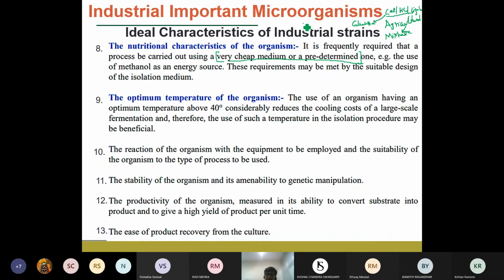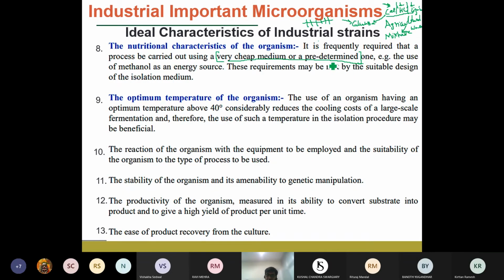If you hydrolyze, you are breaking these chains into smaller fragments, and what you obtain is glucose. The glucose can be used as a carbon source by these microorganisms, right? But you have the other components, hemicellulose and lignin. So you can design the microorganisms in such a way that they not only consume the glucose derived from cellulose, but also take hemicellulose and lignin into consideration. It should be able to utilize all three components present in the agricultural waste, and then use it for the production of value added chemicals.